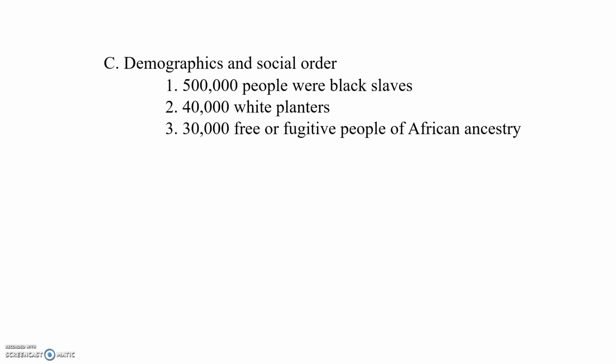And then you had about 40,000 white planters, and these people were known as the Grand Blancs, the big whites, to translate it quite literally. The Grand Blancs owned plantations, and most of them didn't actually even live on the island. Many of them just left the plantations to the work of overseers, and then just lived off of the profits. But generally speaking, there were only about 40,000 Grand Blancs on the island at any given time. And if you compare that to the number of enslaved people, you can see that the enslaved population greatly outnumbers